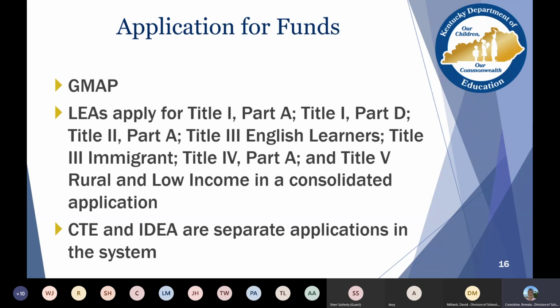But yes, I don't think those applications are going to be separated any time soon, correct, David? They're going to stay consolidated. Yeah, we've had conversations about doing that. Our main goal in keeping those applications, like Brenda said, was to really push districts to collaborate around those programs, because they do serve the same purposes, the same students, and they do complement each other program to program. So yeah, Brenda, we've had conversations and requests for that, but at this time, I don't think we're going to be separating those applications.